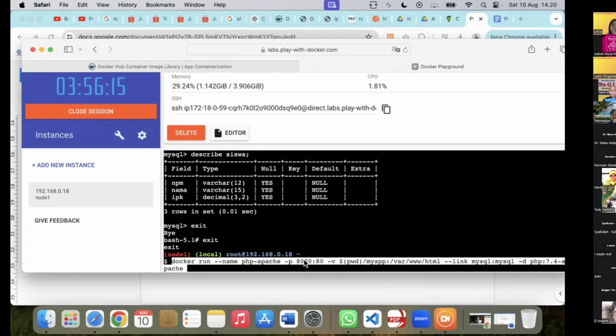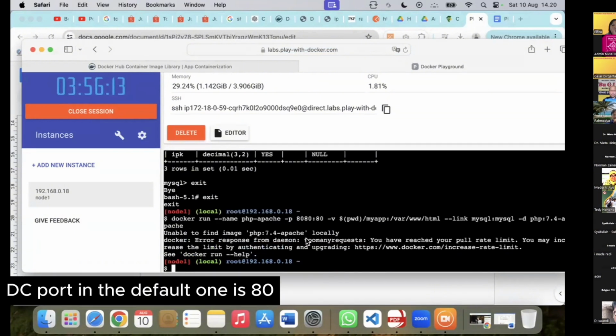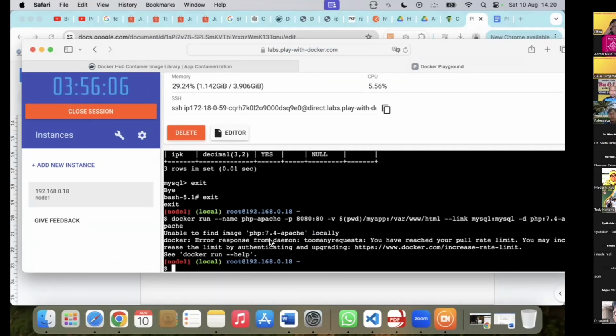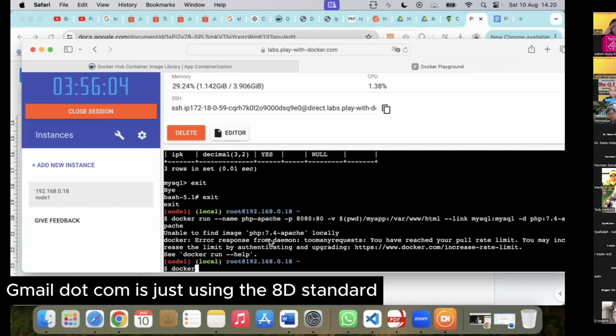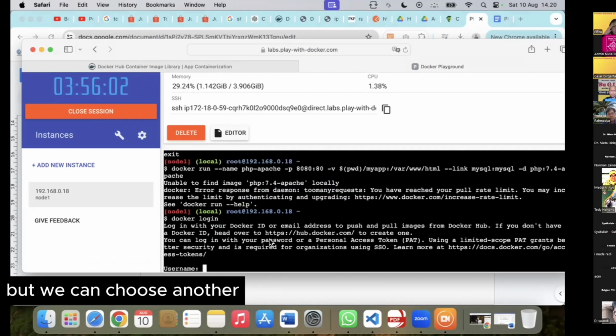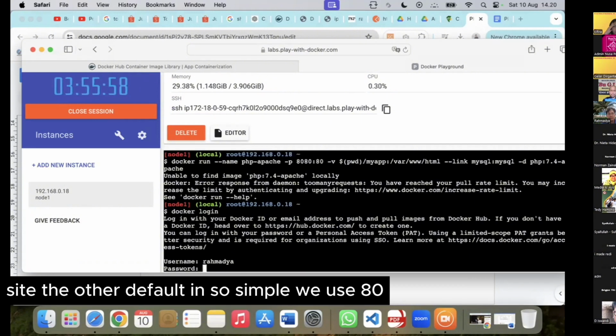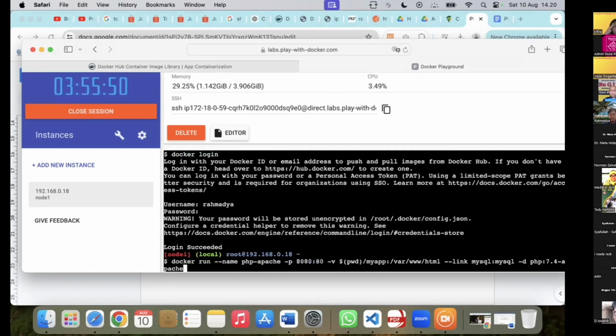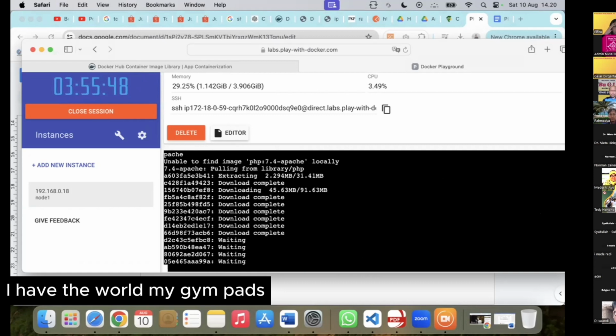Port is the TCP port. The default one is 80. If you open google.com or gmail.com, it is using the standard 80, but we can choose another aside from the default. So, for example, we use 8080. You can change it. I have to log in first.